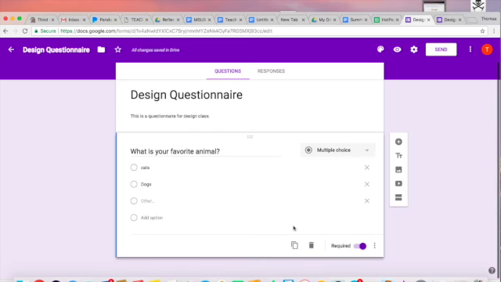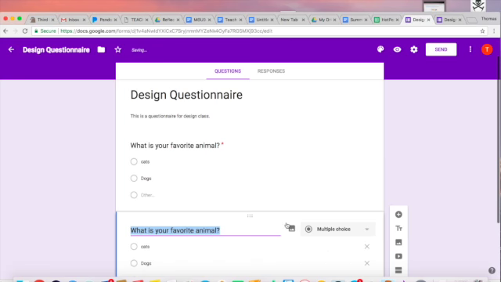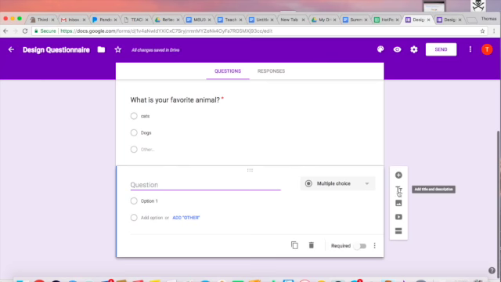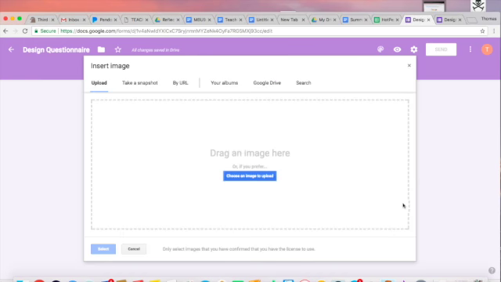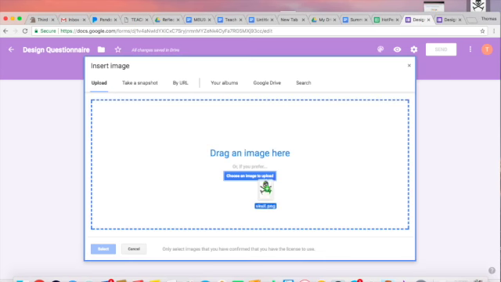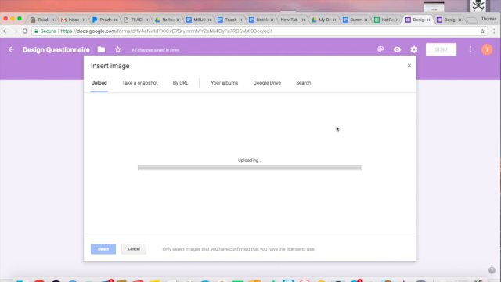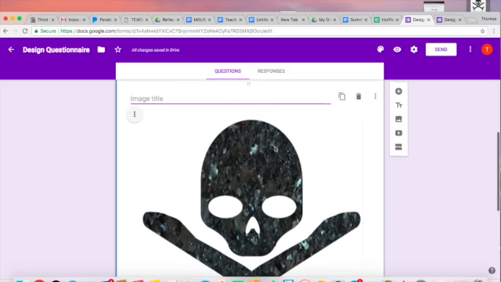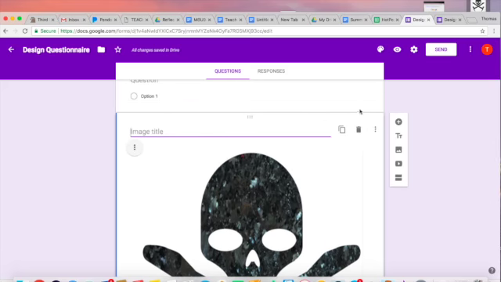And let's see, if I want to add another question, I just hit either duplicate, or I can go up here and add. And you can also add images. So go to add image, and then say you took a screenshot of one of your t-shirts and wanted to put it in here. You would have your image somewhere on your desktop. And let's see if it supports PNG type images. So there, I put in the hammer crossbones logo,